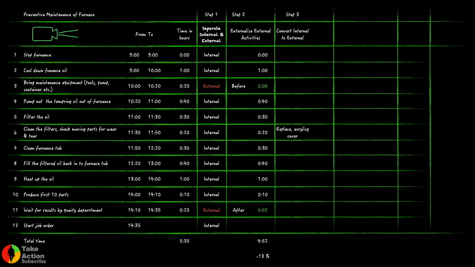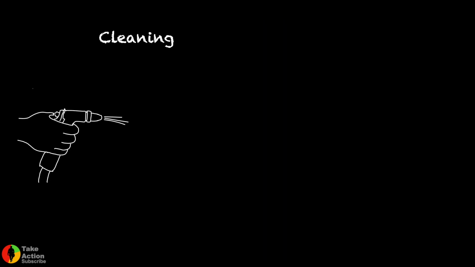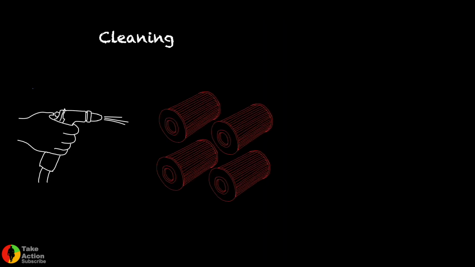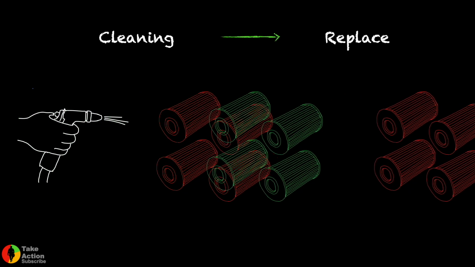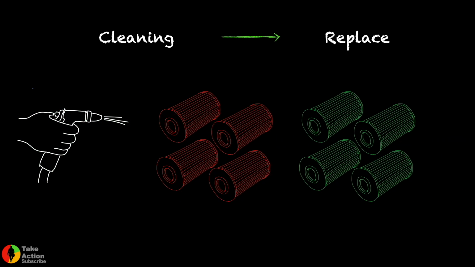After that, step number 3, we have seen that it is to convert the internal activities into external activities. So here we can see the activity number 6 was to clean the filter and check the moving parts for wear and tear. So how can we externalize? Instead of cleaning these filters when the machine is stopped, we can simply replace these filters with already clean filters, another set of filters. So we will be much quicker,